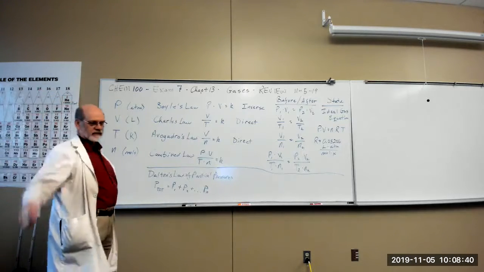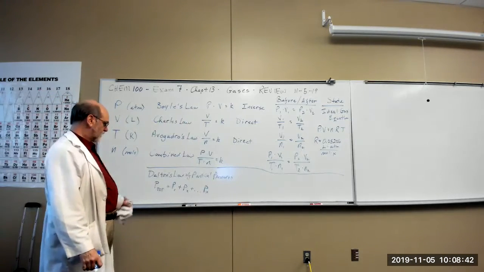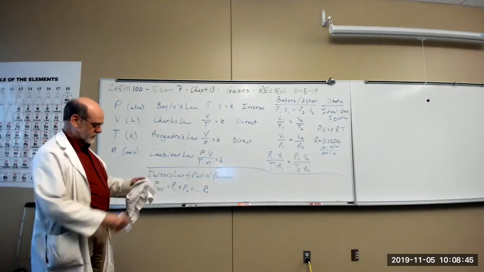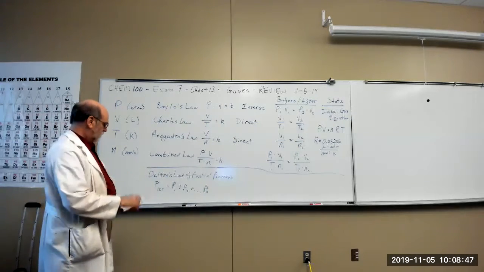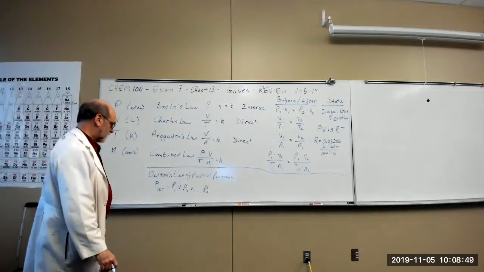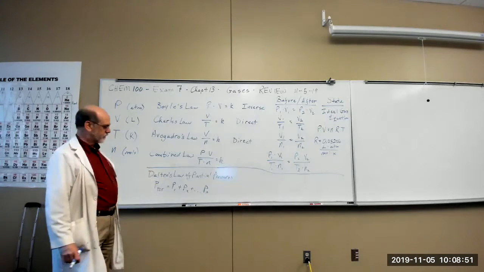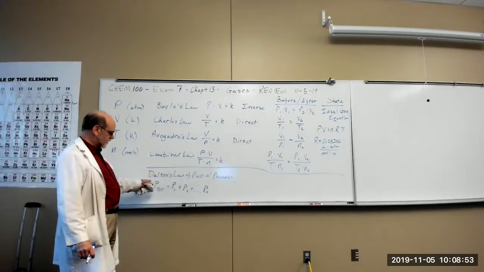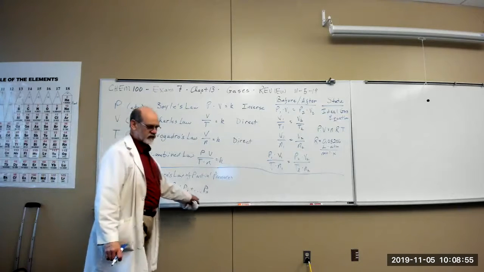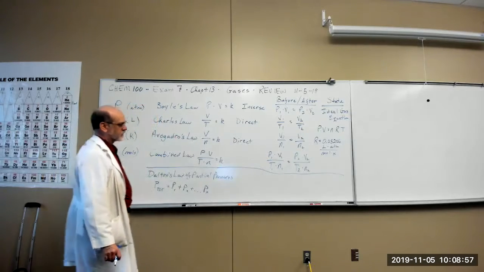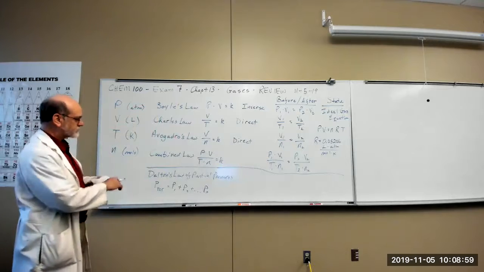You could have 100 gases. It'd be more difficult to get the information that you want with that mixture, but the law still holds. The total is the sum of the individual pressures of each of the gases in the container. Okay,